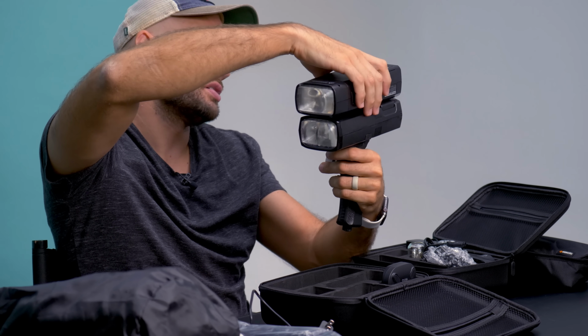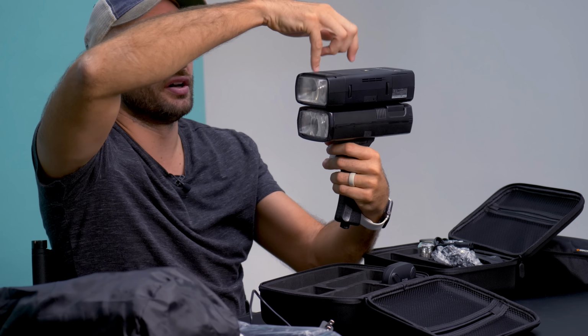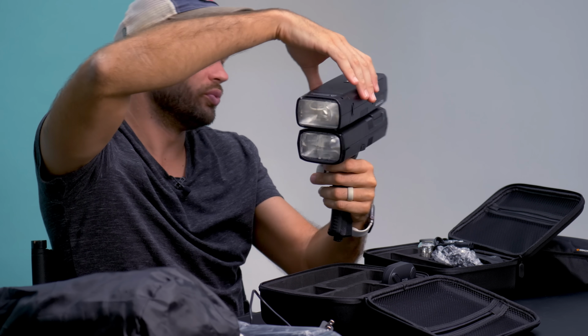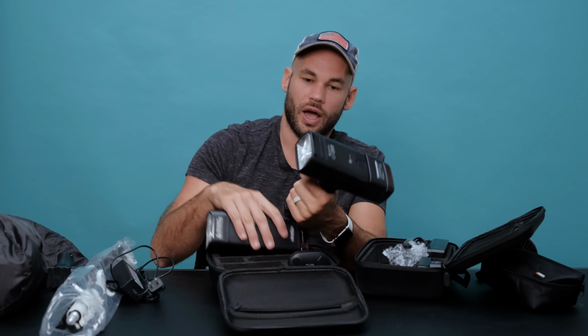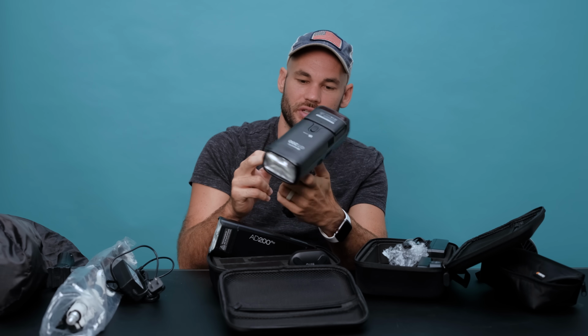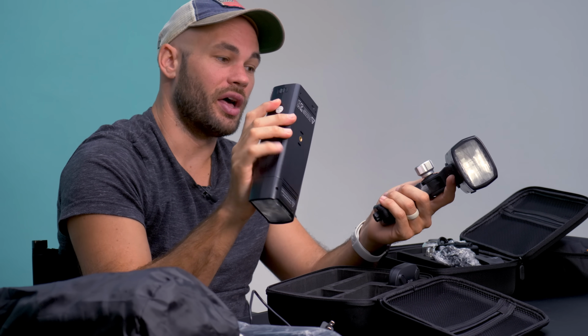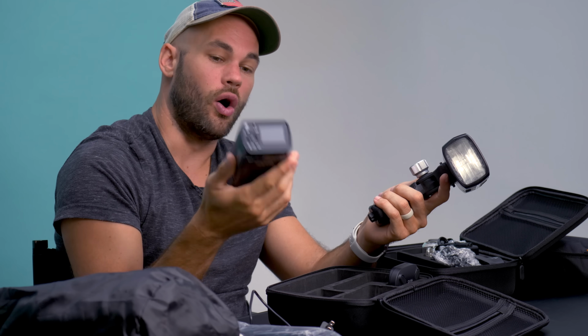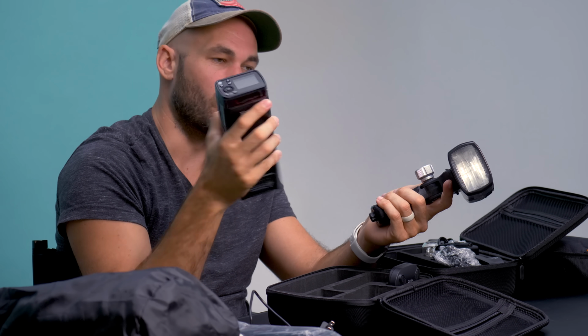So the Godox is actually slightly larger, and I think that's because it has this removable head on the front. So you will save a little bit of space by going with the Geekoto. Now obviously the Geekoto has a standard 1/4" thread on the bottom that I'm using to attach it to this handle here. The Godox also has a thread on the bottom, but it doesn't come with the handle, but it